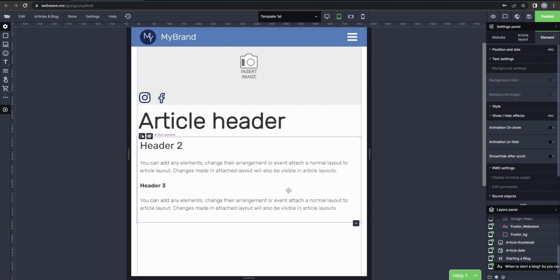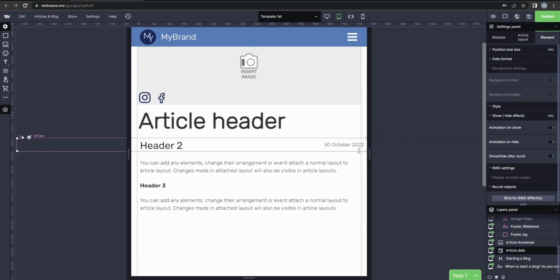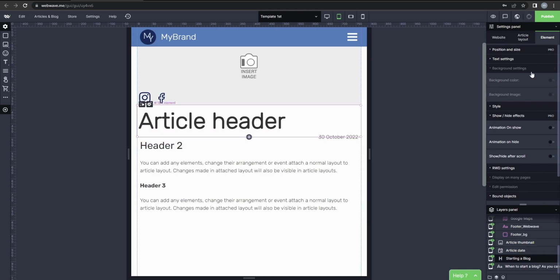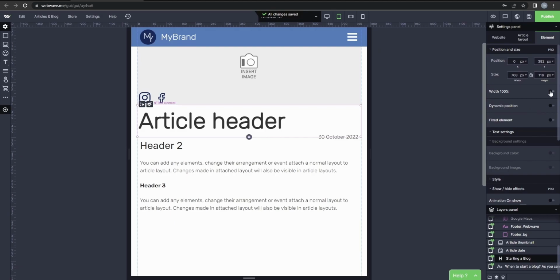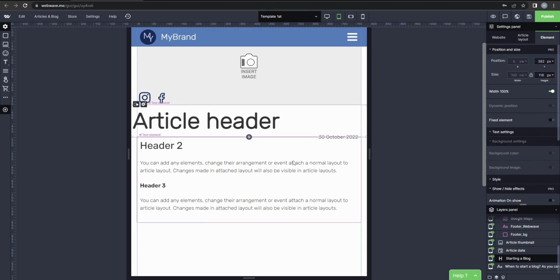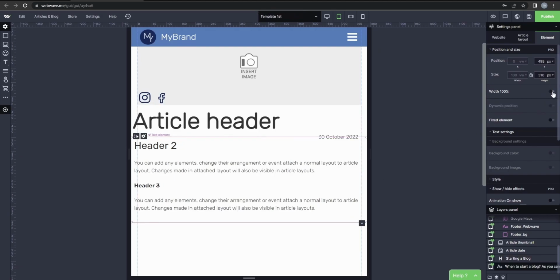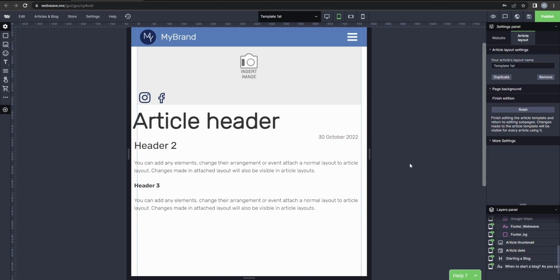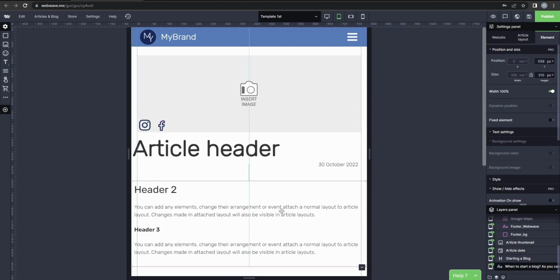So we can either do that, or we can just click on a header, and then we can select width 100%. So I'm just gonna resize that date, and here in position and size menu you got that width 100% option. You gotta turn it on, and now the element will be displayed on 100% width of the display it's been viewed on. Now I'm going to space our elements nicely,